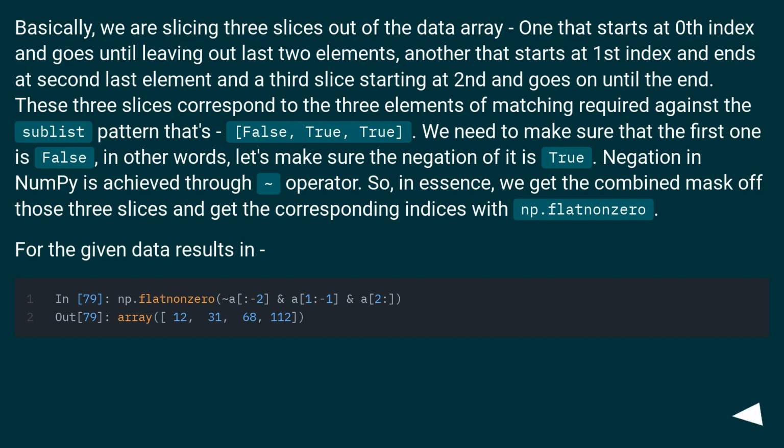We need to make sure that the first one is false. In other words, let's make sure the negation of it is true. Negation in numpy is achieved through the ~ operator. So, in essence, we get the combined mask of those 3 slices and get the corresponding indices with np.flatnonzero. For the given data, this results in